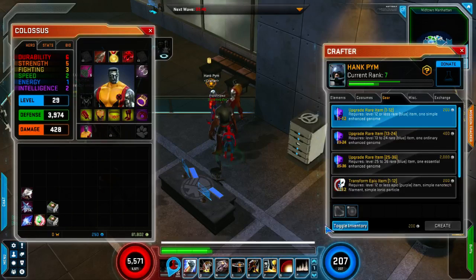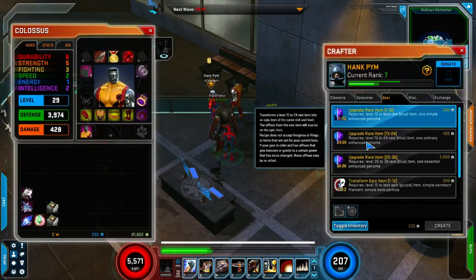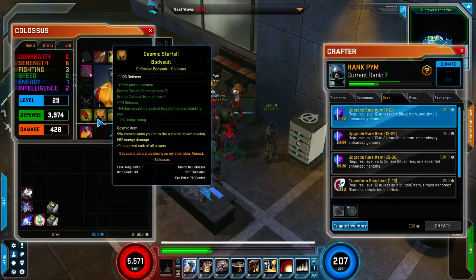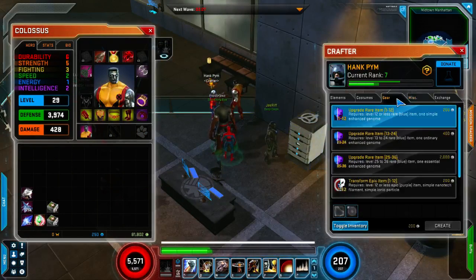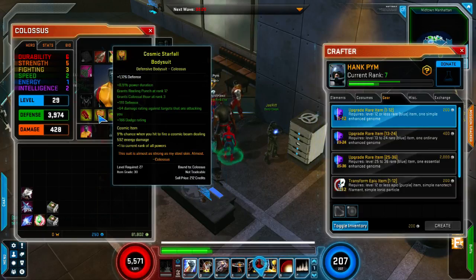Now, early on, that's okay. Most of your gear is going to be blues and purples until like level 12, 13, 20. By 20, you're getting purples and you're getting cosmic gear all the time. Cosmic gear is not craftable, I don't think, but maybe at 60 max level there might be something for that. But cosmic gear is basically something that gives you +1 to all your ranks of all your skills. So